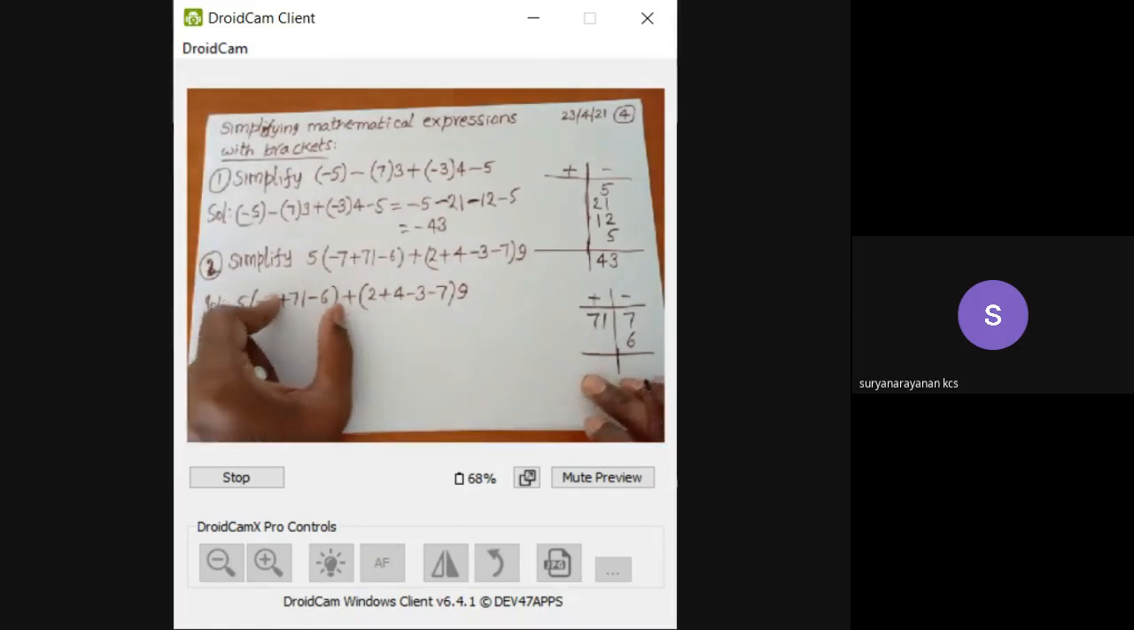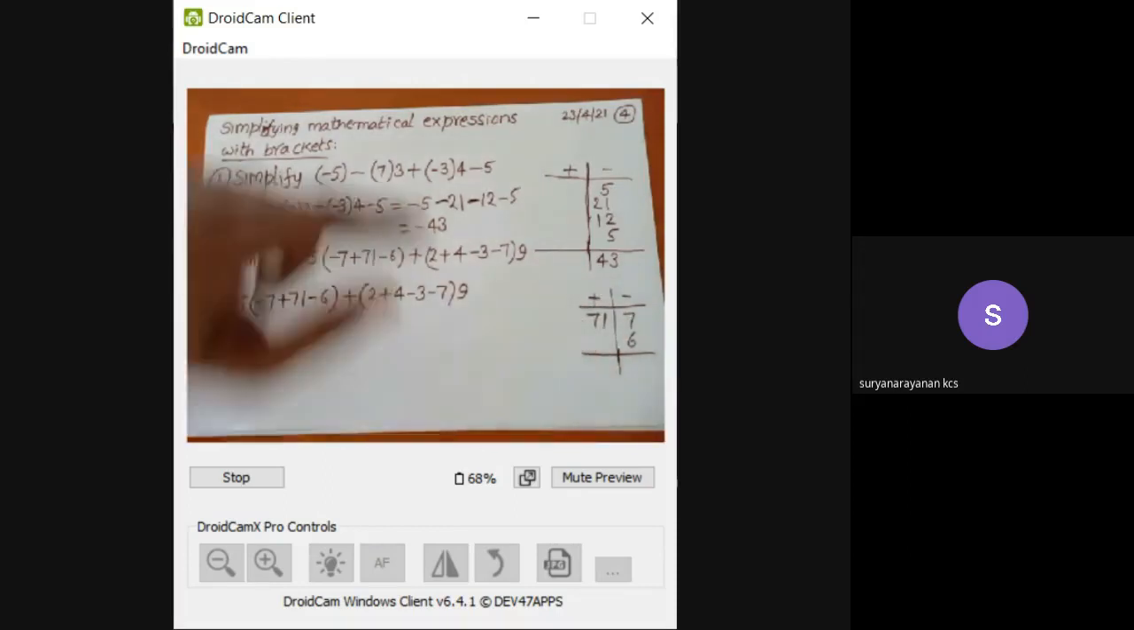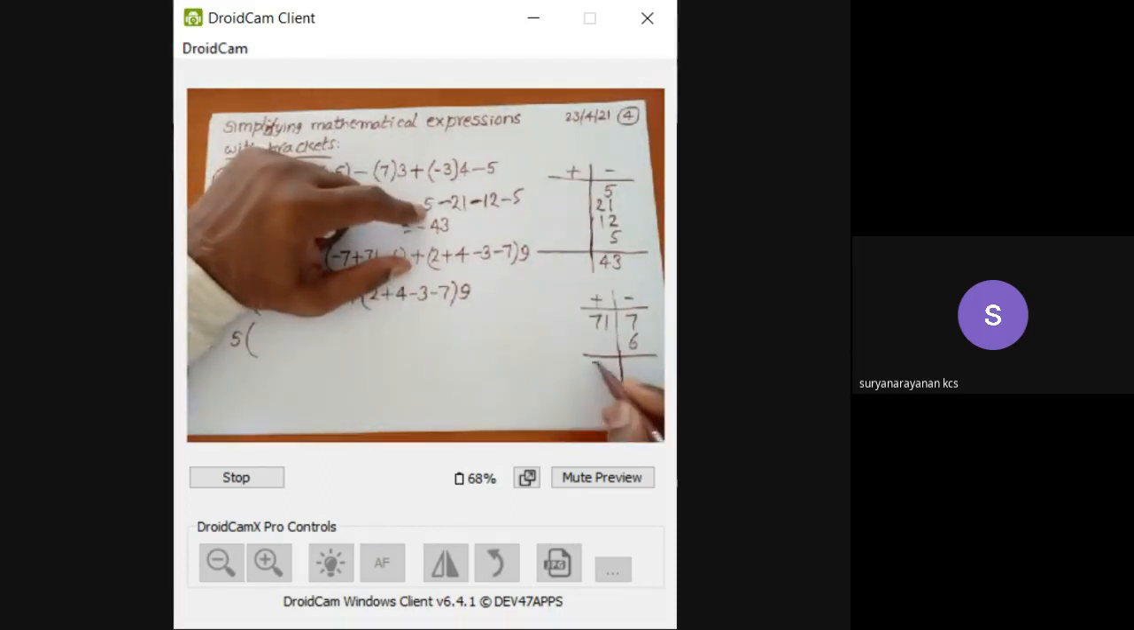Here there are 3 numbers inside the brackets. We are simplifying these 3 numbers inside the brackets like this by separating them as positive and negative numbers. Okay. Then what will you get here? Under the positive sign, we get 71. Under this negative sign, we get 13. After that,